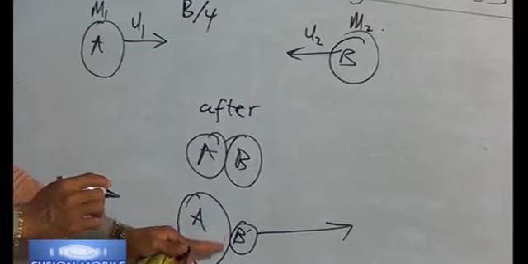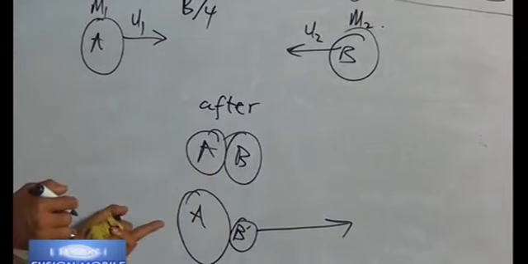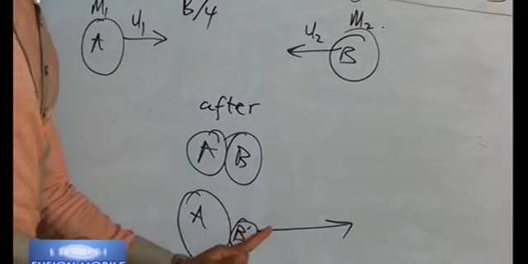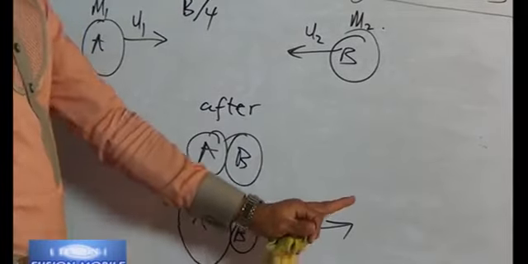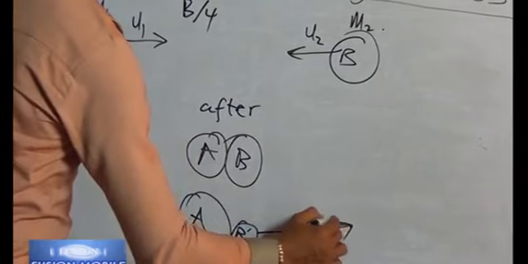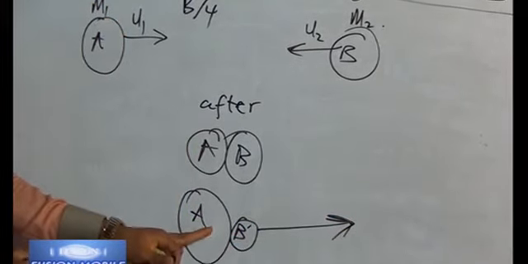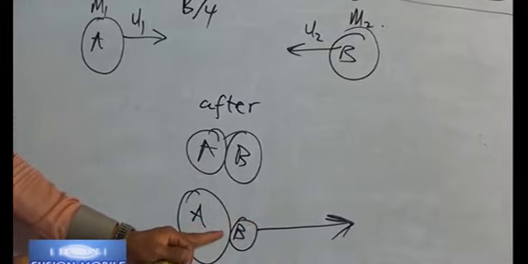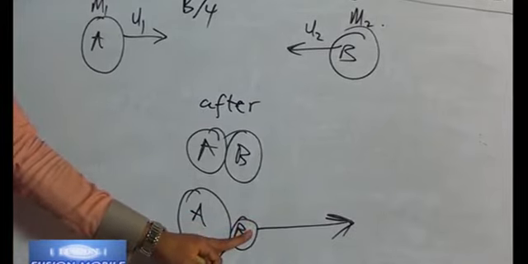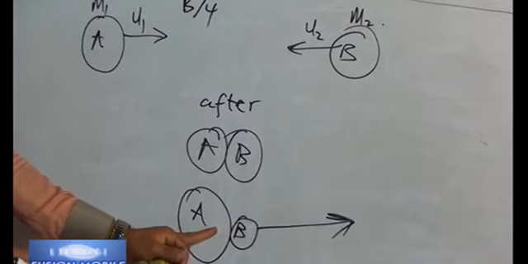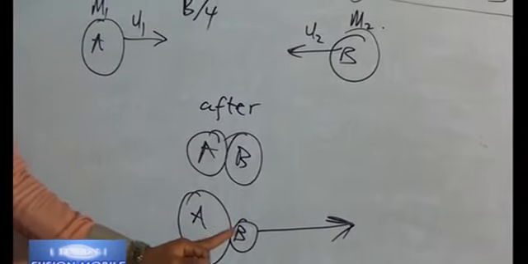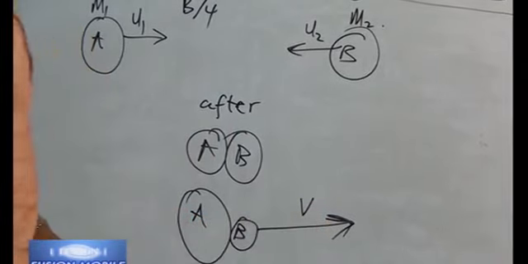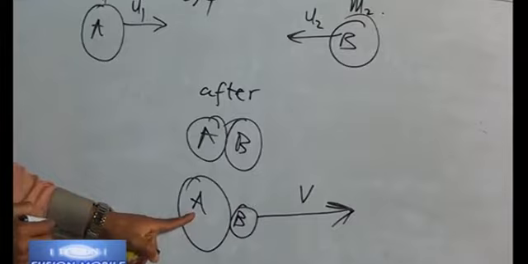But over here now, truly B was coming before, A was coming, but they collided, and because A is too big, it can push B in its own direction with now a common velocity. It cannot be the velocity of A, neither will it be the velocity of B, because no matter how small B is, it will give a little reduction to the velocity of A. But both are moving with the same velocity. We call it a common velocity V. This is also a possibility.